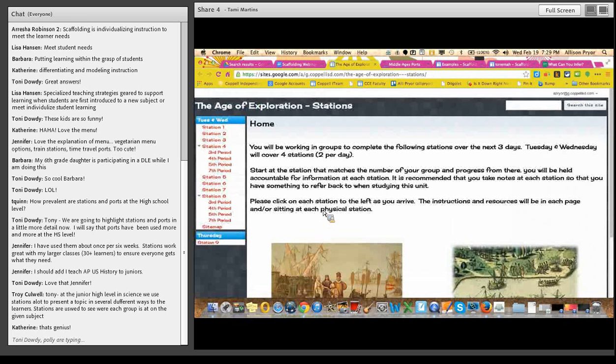Okay, so these stations were created by one of our geography teachers here at Coppell High School, and what I just want to show you